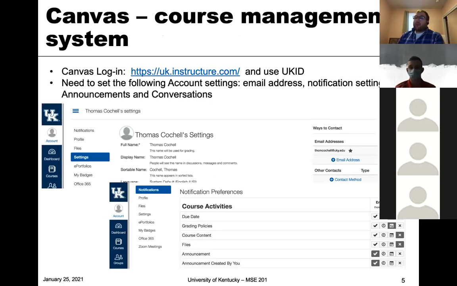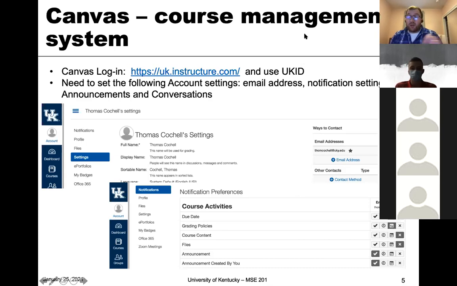So for this course, just like a lot of your other courses, we're going to use Canvas. I put some preliminary information here. If you're new to the university, this could be useful. It shows you how to set up notifications and so forth. I'm going to assume that most of you are familiar with Canvas. If that's wrong, let me know. I can help you out with that outside of class, but you'll be using Canvas a lot throughout the university.